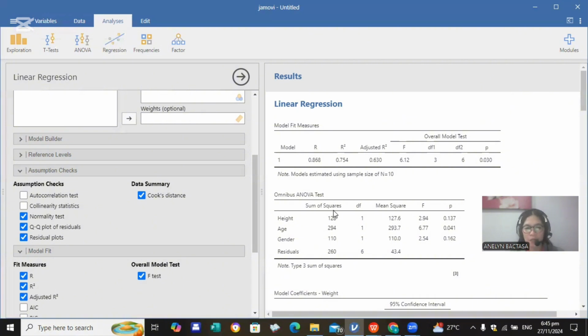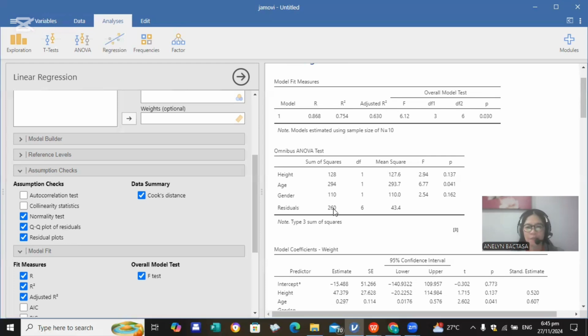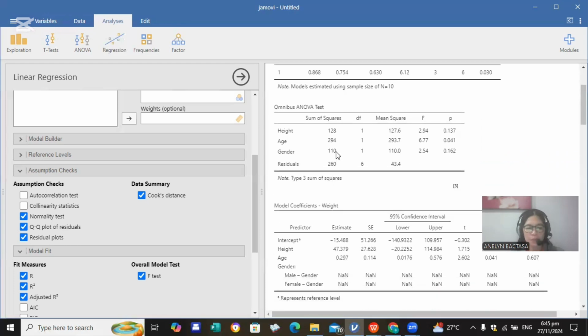And then we have here our individual predictor effects. So age is a significant predictor of weight. Our p-value for age is 0.041. So the positive coefficient suggests that as age increases, weight also tends to increase. And our height is not a significant predictor of weight because our p-value equals 0.137. So the p-value is greater than our significance level of 0.05, indicating that the effect of height on weight